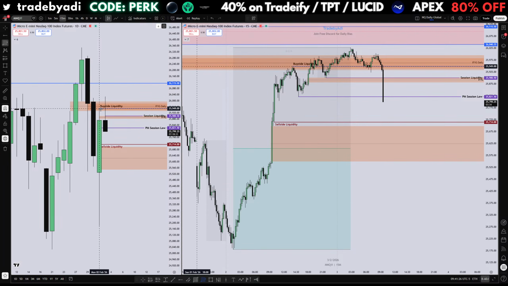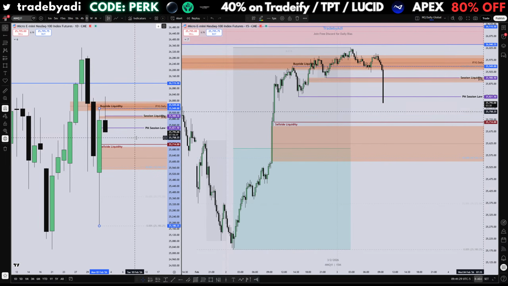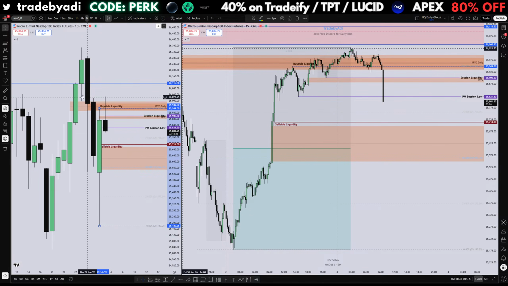Let's mark the previous day. Price can reach the 75% also, and we are near this gap. Yeah, and we also flipped this fair value gap. I think if we close the body below this fair value gap, then